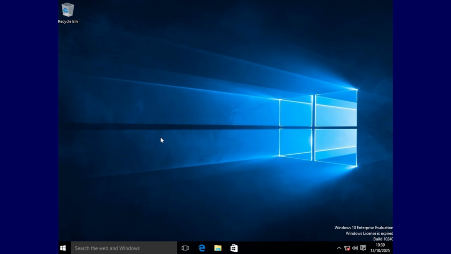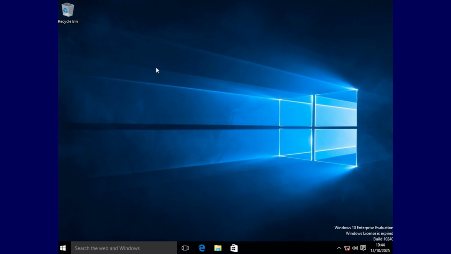But what Microsoft, I think, were aiming to do with Windows 10 was they were actually aiming just to have smaller builds every year, twice a year, with new features added in. So Windows 10 would be ever changing. And we are going to see that because I am going to actually show the latest build of Windows 10, which actually came out at the end of 2022. So as you can see, we have just booted into Windows 10.